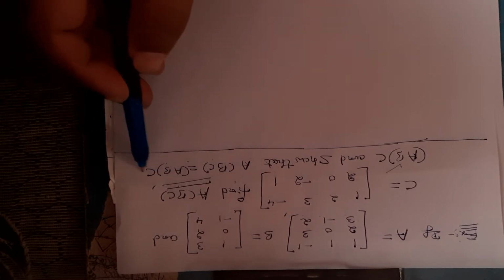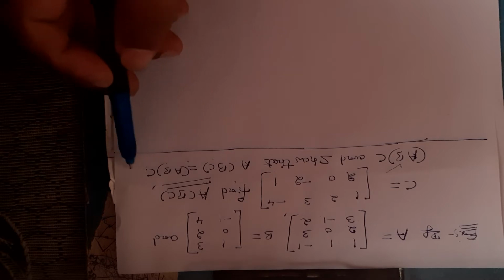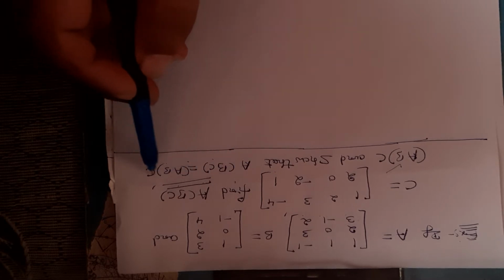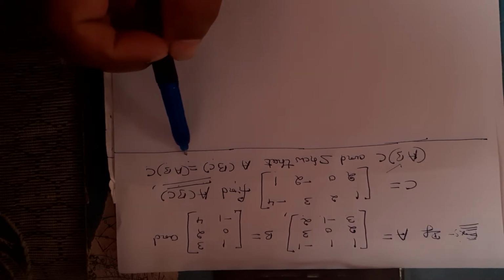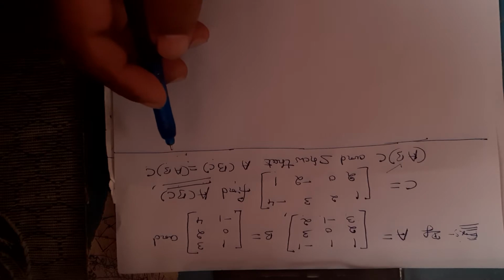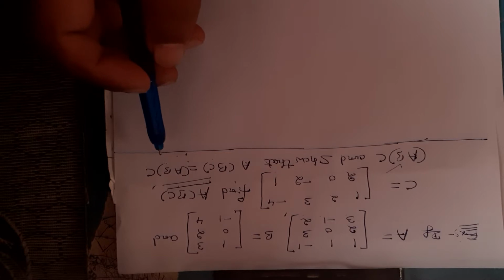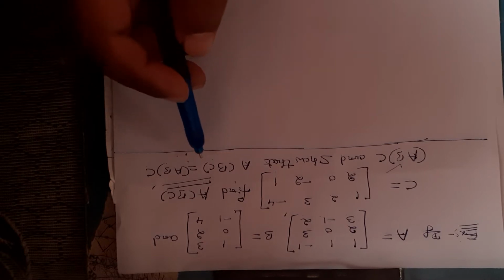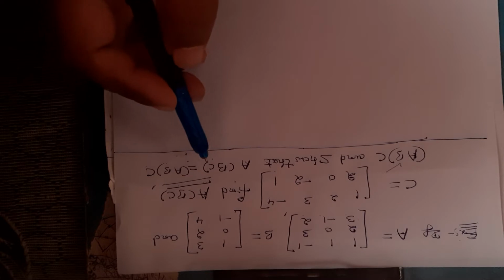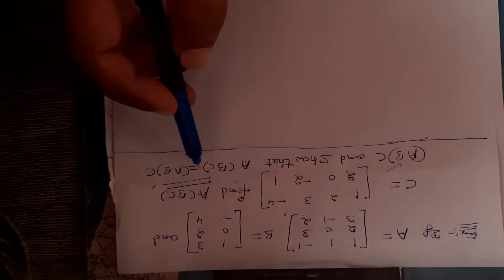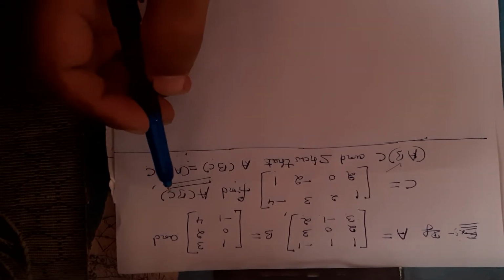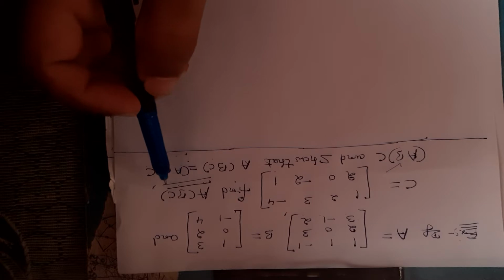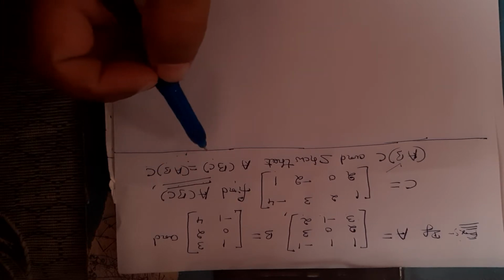Here, the property holds good for three matrices. So in the case of 3 matrices, it holds good. We have seen in our previous classes that if we consider 2 matrices, the commutative property does not hold good. AB is not equal to BA. But in this case, the property holds good. Let us do it step by step here. So the question is, we have to show that AB into C is equal to A into BC.